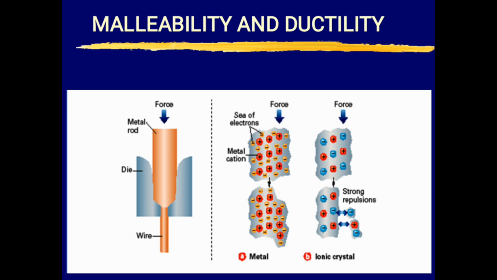In ionic crystals, for instance, when the force is applied, you see negative, positive, negative, positive, and the like. You now see that there is a strong repulsion, and everything is held in the way they align. But in metals, they are sliding. Once the force is applied, they slide over one another, when you compare to that of ionic crystals.